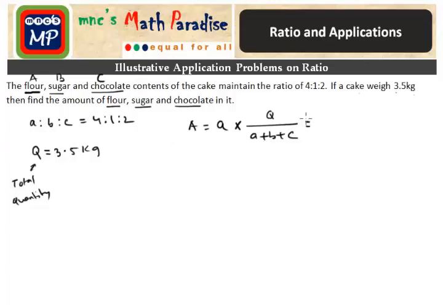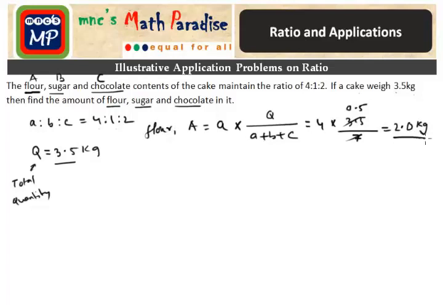The ratio A is 4 here. Q, the total quantity, is 3.5. Divided by A plus B plus C, which means 4 plus 1, 5, plus 2, 7. So now, if we cancel these, we will get 0.5, because 35 divided by 7 is 5, but there is one decimal point, so 0.5. 4 times 0.5 will give us 2.0. So flour